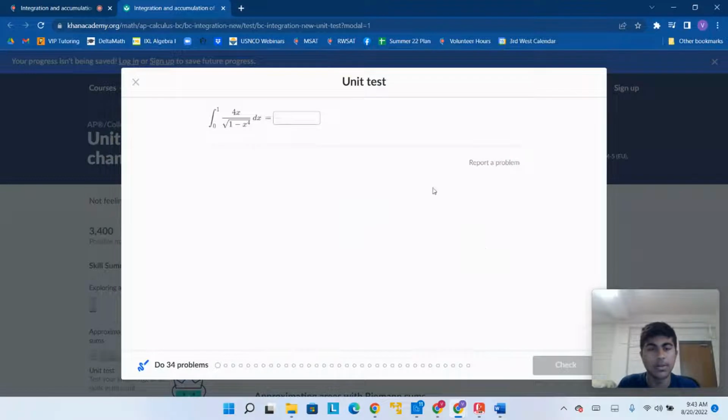Alright, so we are given the definite integral from 0 to 1 of 4x over the square root of 1 minus x to the 4th. Alright, how do we approach this problem? Let's think. If we look at the denominator, the 1 minus x to the 4th, that looks kind of similar to some of our